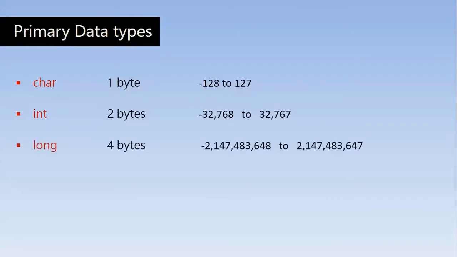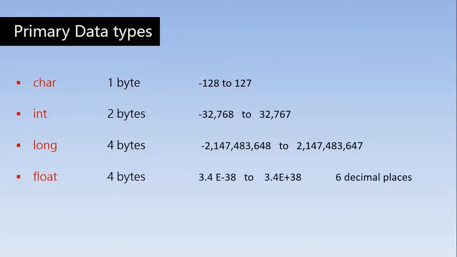So long is a data type representing a variable which can store a longer value than the integer variable. A long variable requires 4 bytes of memory, and we can store up to 2147483647. So here we have both negative and positive range. Whatever comes between these two ranges can be stored in a long variable, right? So we are assuming the 16-bit computer, and a long variable in a 16-bit computer requires 4 bytes of memory.